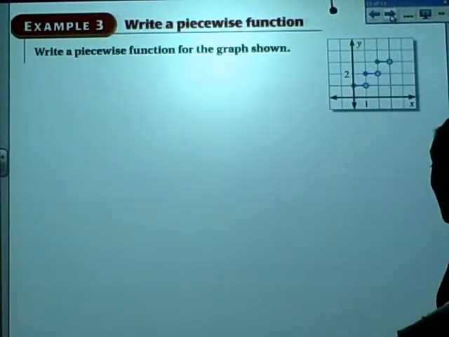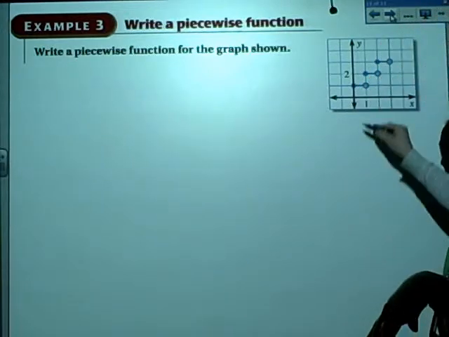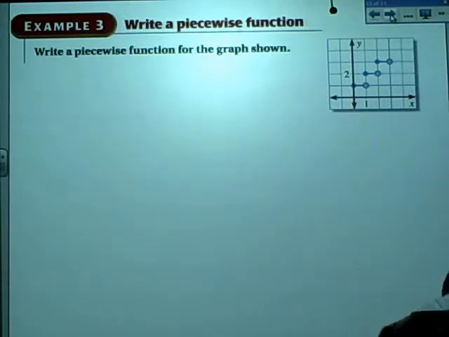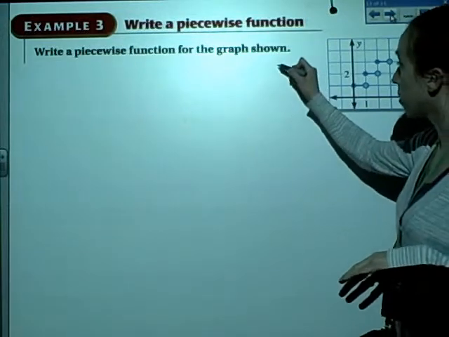Guess what? We are on the last slide, okay? So we're going to write a piecewise function for this graph now. This one's a nice one. This is actually called a step function, or the greatest integer function. Another weird little symbol you might see for this graph